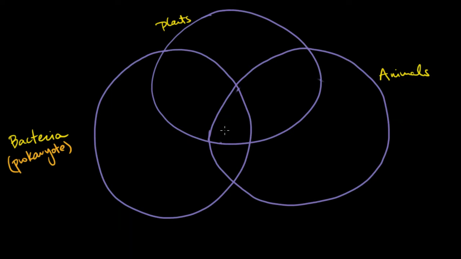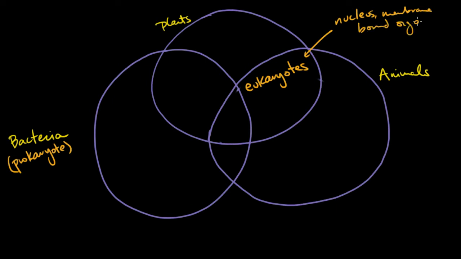So many of you wrote eukaryote right here in the middle. It's obviously very wrong. So this is where the eukaryotes are. Plants and animals are both eukaryotes. By the way, what we don't have on the Venn diagram here are the fungi and the protists, which are also eukaryotic cells, which means, we'll just add a note here, that it has a nucleus and it has membrane-bound organelles,